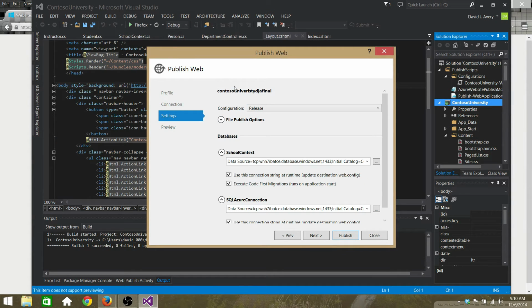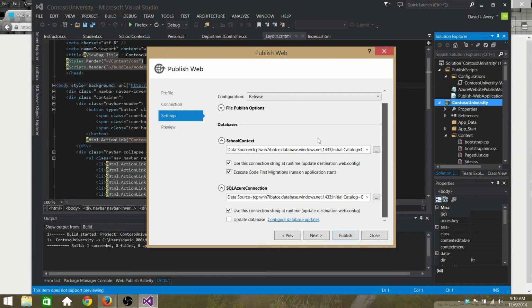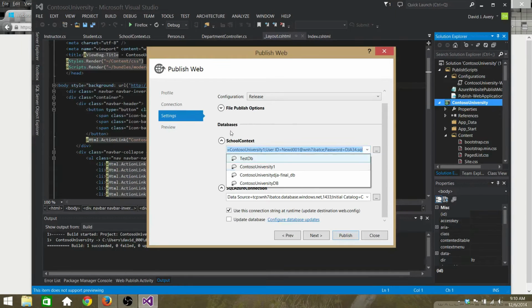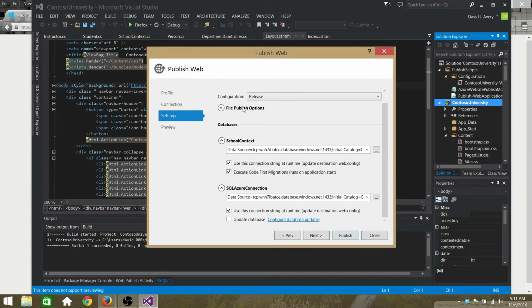And then the settings, release. And then here's where you actually figure out database information. So this is already linked to Azure, so it already knows what to look for. And the profile should give you that as well. But if this isn't at Azure to begin with,